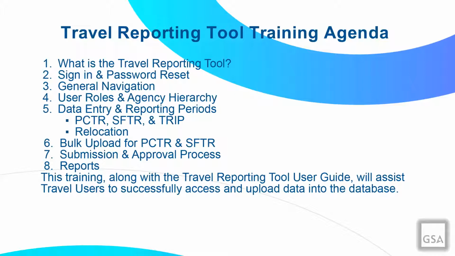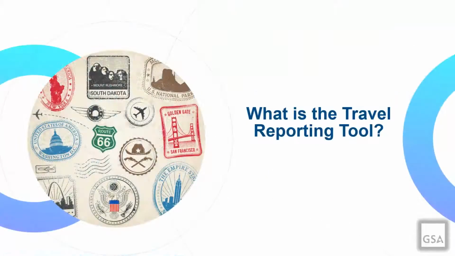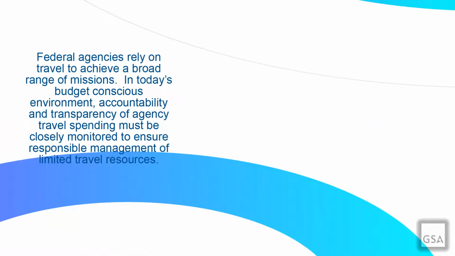travel database. So what exactly is travel? Federal agencies rely on travel to achieve a broad range of missions. In today's budget-conscious environment, accountability and transparency of agency travel spending must be closely monitored to ensure responsible management of limited travel resources. In order to collect the required travel-related data from agencies government-wide, GSA utilizes the following electronic data